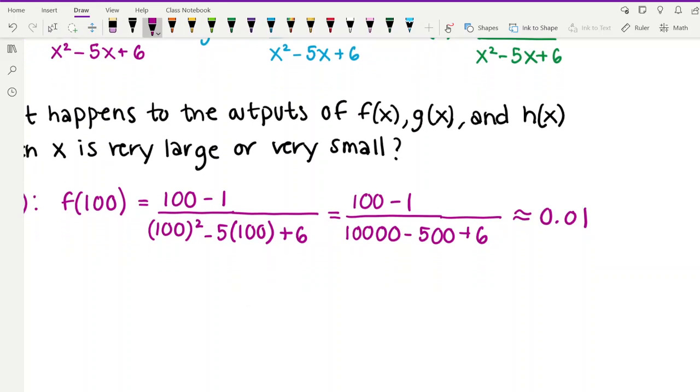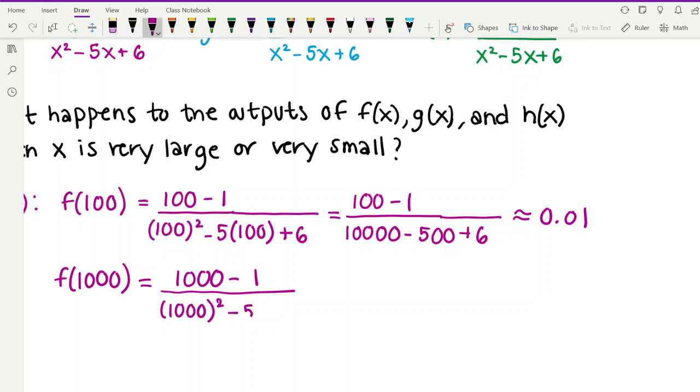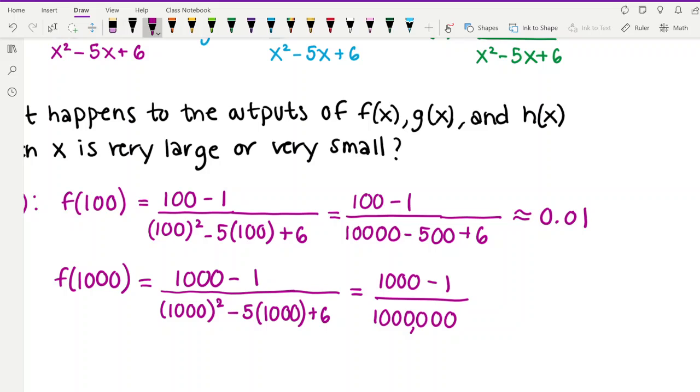Okay, let's see what happens when we plug in 1,000. So in the numerator, we'd have 1,000 minus 1. So, you know, pretty big numerator. But then in the denominator, we're taking 1,000 and squaring it. And so that's going to give us a really, really big number in the denominator. In the numerator, we're going to have 1,000 minus 1, so that would be 999. But then in the denominator, when you take 1,000 and square it, you get 1,000,000 because you get 6 zeros. Minus 5,000